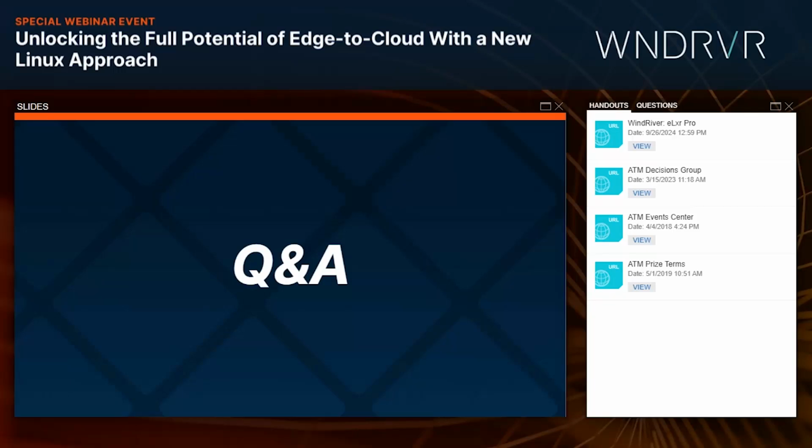Perfect. Okay. So first question that I'm seeing coming in for today is, what's the learning curve like for installing and using Elixir Pro? Yeah, absolutely. Great question. So it should be fairly simple for anyone. Given it's an open source project, you can go to elixir.org today using the QR code that Derek was presenting, download the ISO, try it out, and then troubleshoot with any documentation that's all freely available as part of the open source project. So in terms of the learning curve, I think it's pretty low, especially if you've used Debian or Linux before.